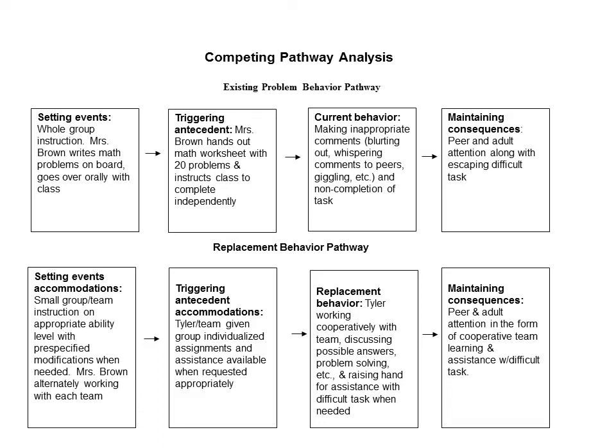So since our hypothesized function of the behavior is that it is maintained by peer attention and escape and teacher attention, an alternative behavior would be to have him working cooperatively in groups, participating in the group, and therefore accessing some peer attention, and then having him raise his hand or ask for assistance in some way when he gets to something difficult. This would lead to some adult attention and some peer attention. And also, if escape is part of the function, it would lead to him getting some help with something that's